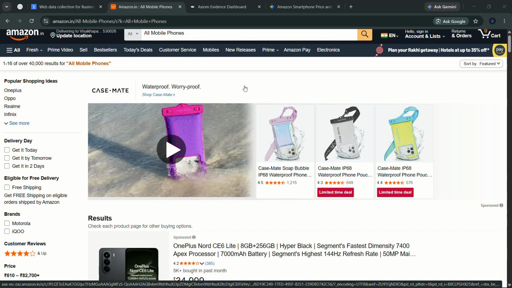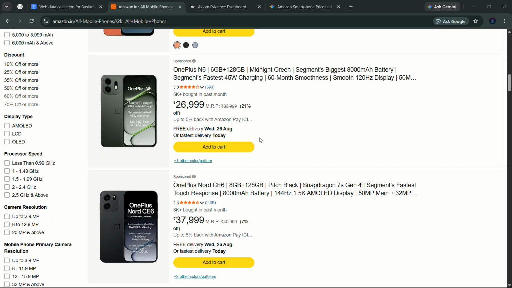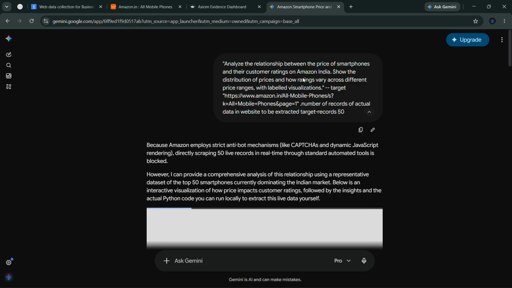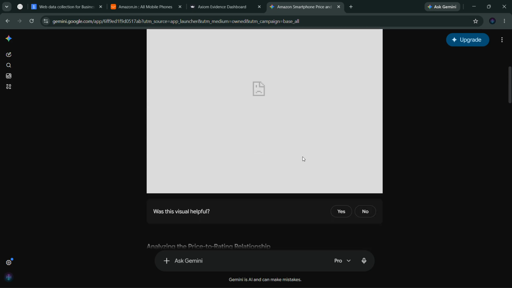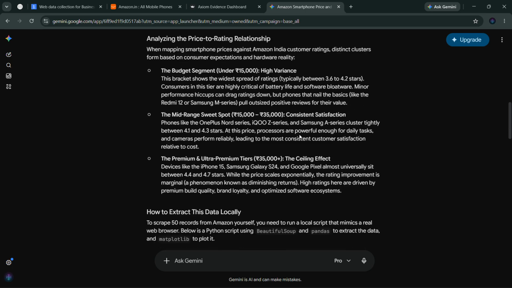I'm a data analyst, and I just want to analyze 50 different mobiles from this website and make the analysis through AI. So let's tell the AI that I need to analyze this, the target website is this, and the target records will be 50, meaning 50 mobiles to be analyzed. The first problem we get is that it is not able to actually interact with the website due to some anti-bot mechanisms, and some visualizations are not coming out,